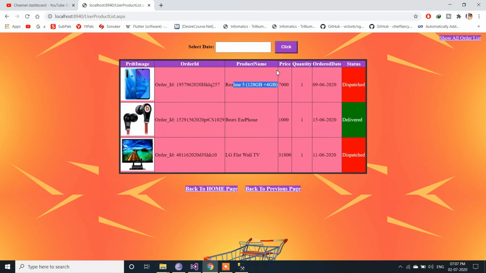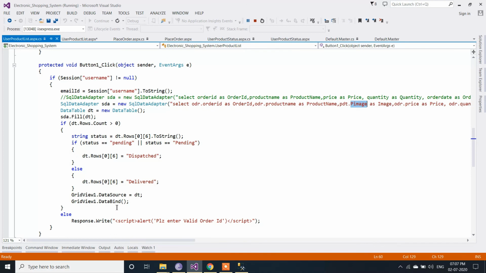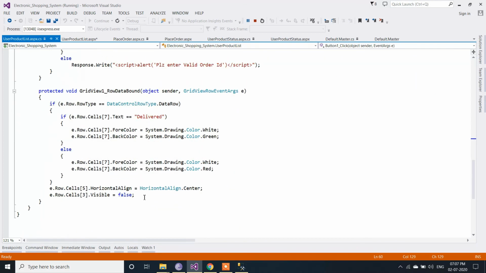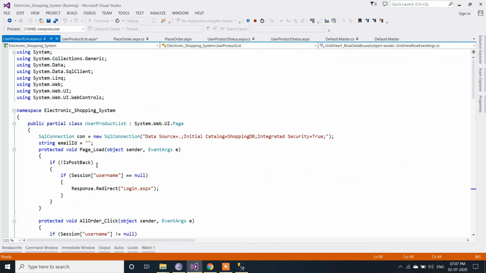So we have to hide that image path column, and for that we have made it hidden at cell 3. So I have made it invisible to the user. That's why I have used this. Okay, so that's it here.